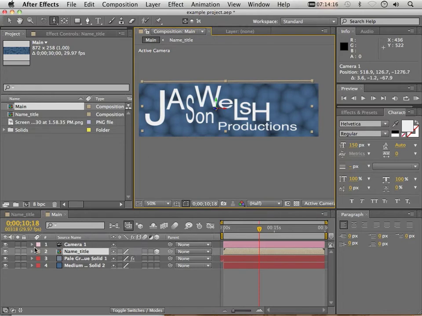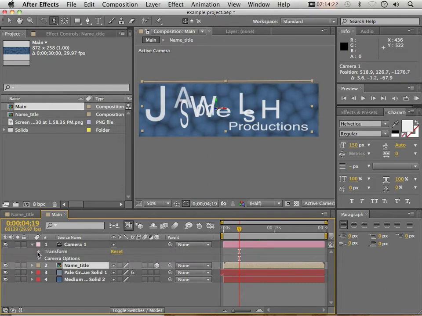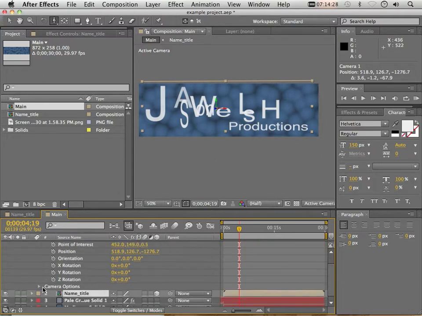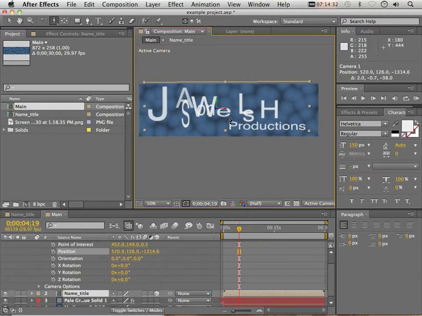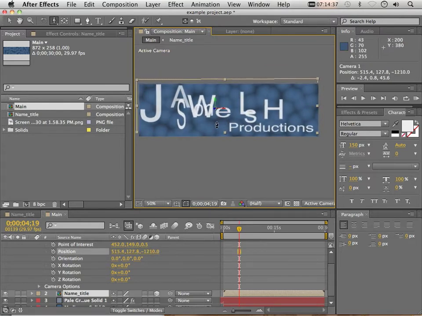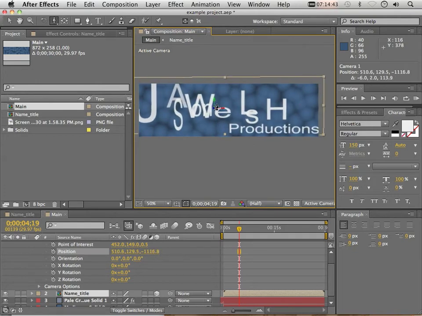So what does that do for us? Well, here under the actual camera itself, I have transforms, I have rotates, I have positions, I have points of interest. I also have the ability to look at these numbers as I move this. You can see the position going left and right, up and down. C on the keyboard allows you to toggle between the tools. So if you go like this, C,